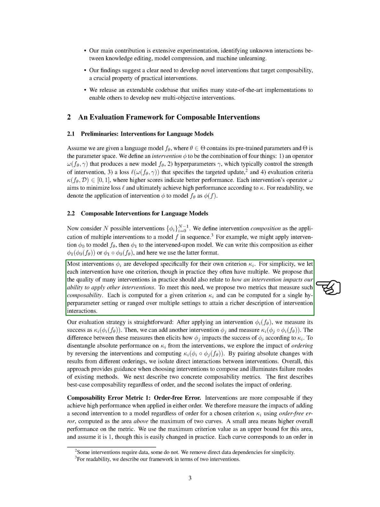Most interventions are designed based on specific criteria. To simplify, we assume each intervention is based on one criterion, although in reality, they may involve multiple criteria. We suggest that the effectiveness of interventions should also consider how they affect the application of other interventions. To address this, we introduce two metrics to measure this composability. These metrics can be calculated for a single criterion and across different hyperparameter settings to understand how interventions interact.